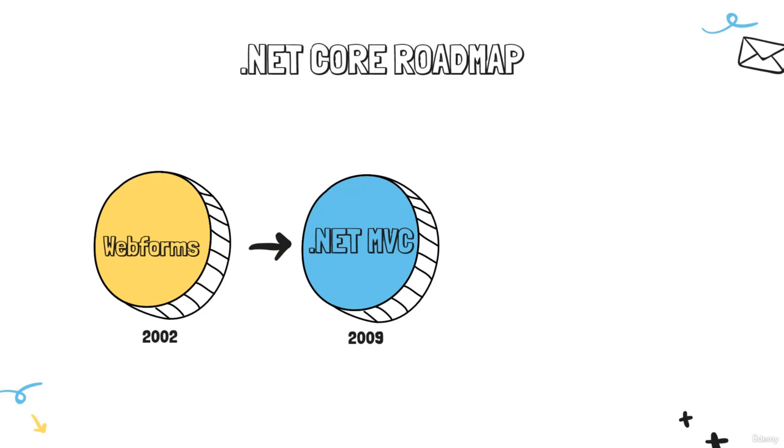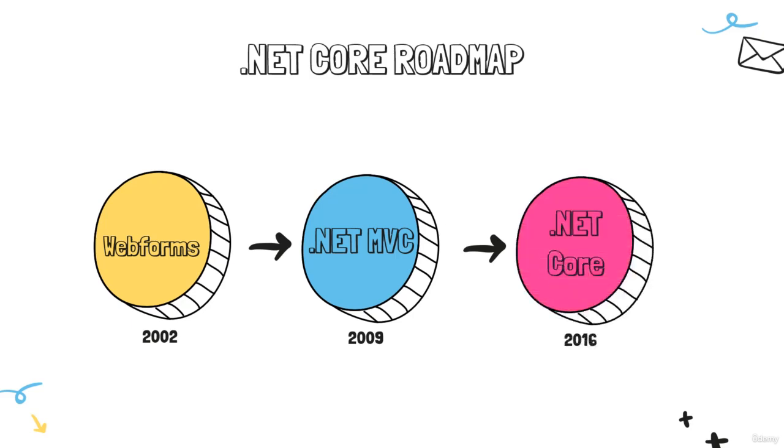Now, even though I love MVC and I have built many applications in MVC, it had its flaws, like it was created on top of the components for web forms. Because of that, it was tied to IIS and ultimately Windows operating system. But with the evolution of web development, Microsoft had to keep up with the changing technology. Finally, in June of 2016, Microsoft released ASP.NET Core, and it was the first version.